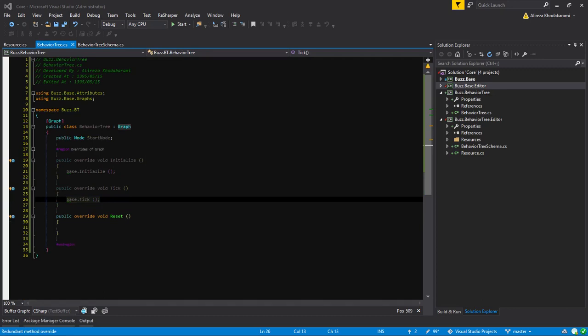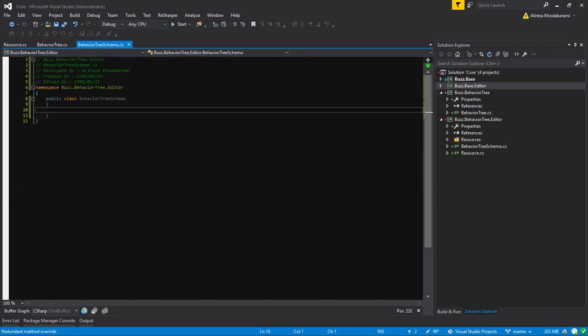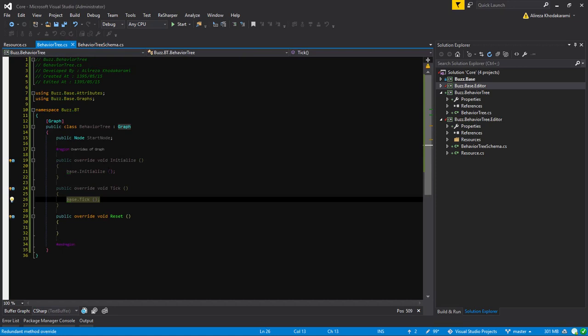Well, let me see what I want to do, because in base we are doing nothing. And basically I want to remove them, but initialize, oh yeah, on initialize we need to call the base. On tick, however,